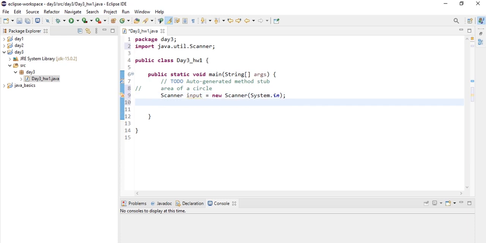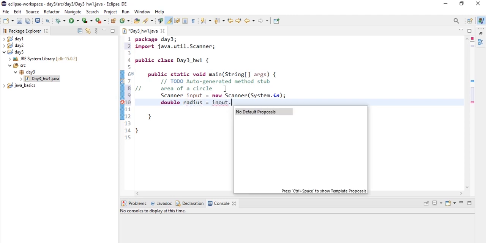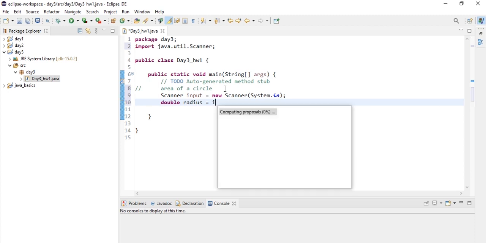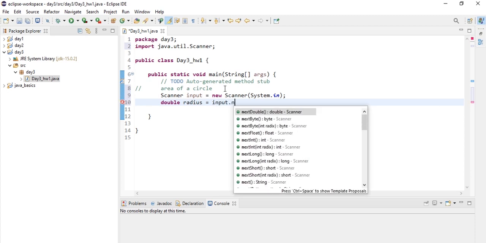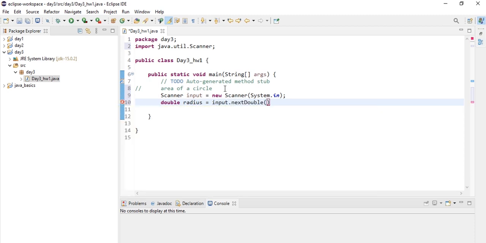Now we are declaring radius of double data type. double radius is equal to input dot nextDouble, which is the method. So here nextDouble is a method available in the Scanner class to take the input of a double, that is a floating point number.